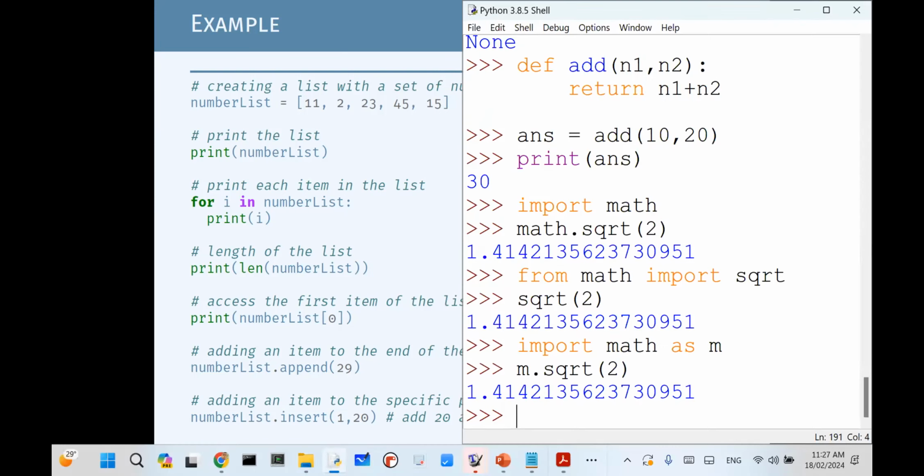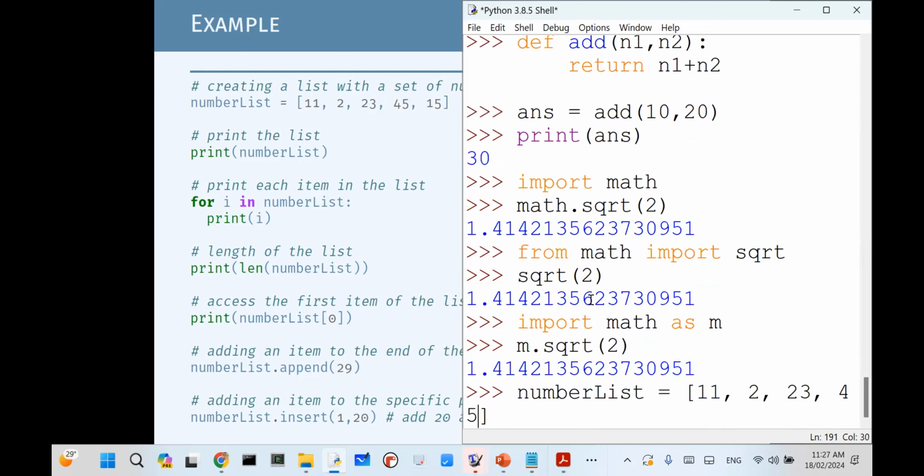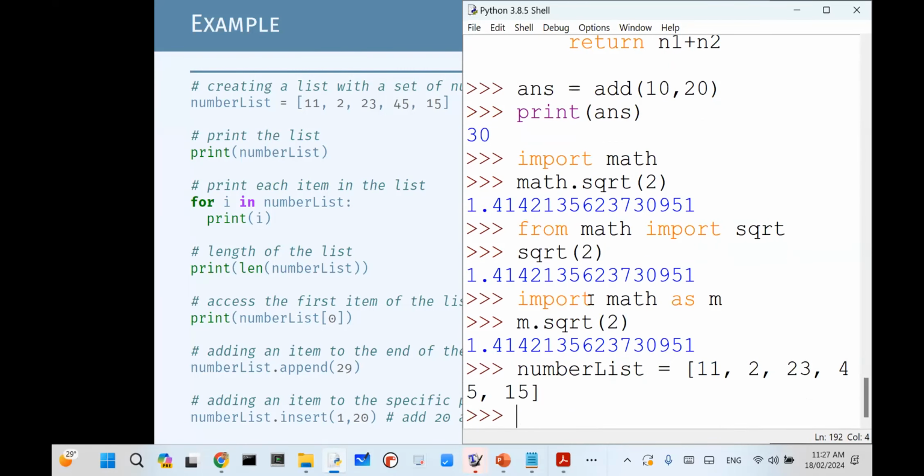Therefore, let's start looking at how to work with lists. A few things you need to remember. Now, with lists, you give a single name for a number of items. For example, here we will say number list, and you are using square brackets, and then comma separation to define the numbers. So we have 11, 23, 45, and 15, which is what we have.